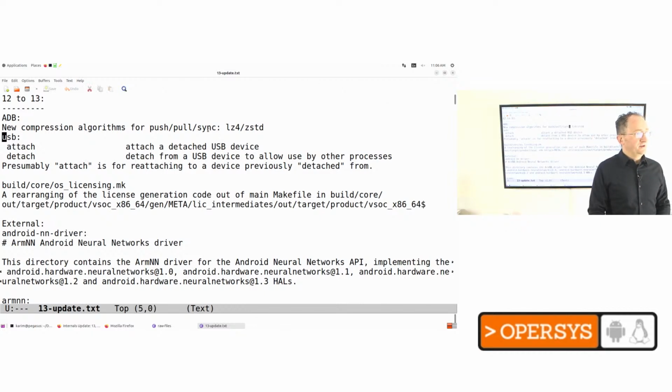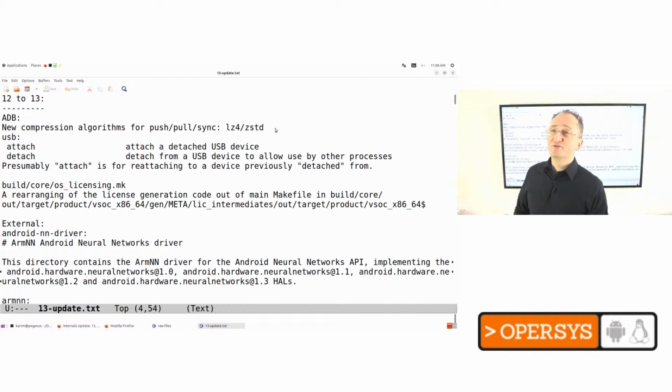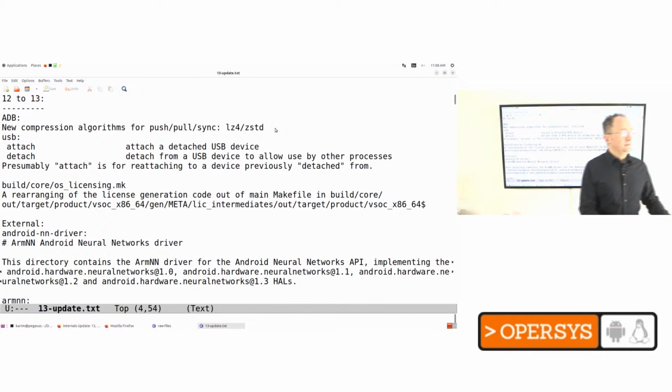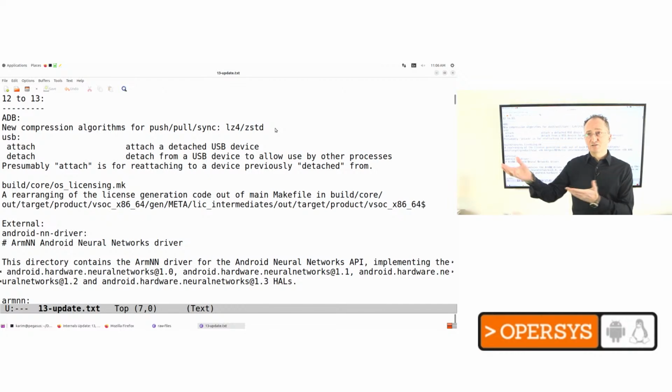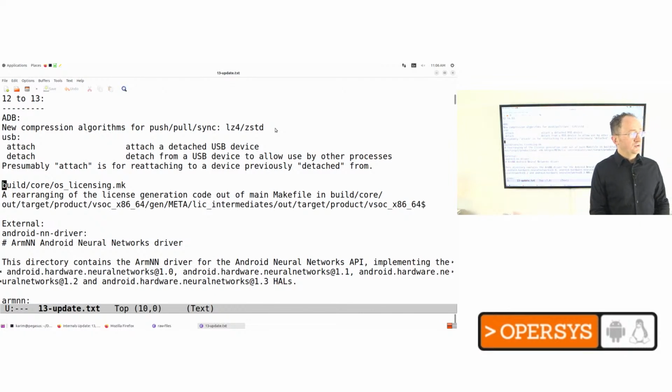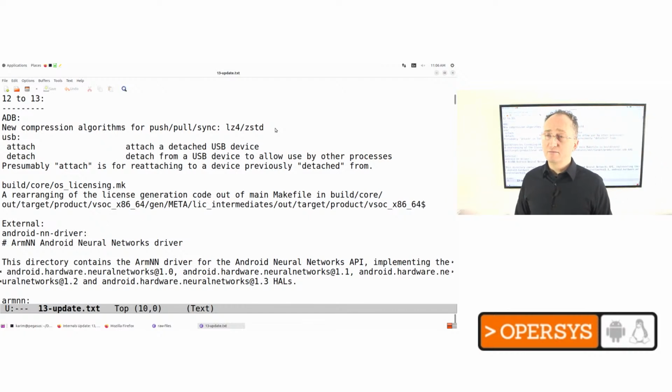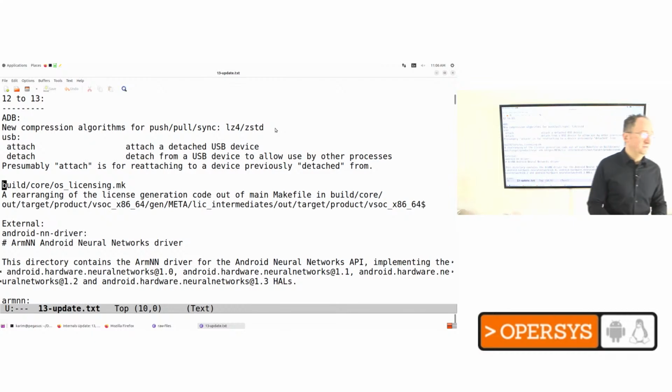So if you remember a few versions back, they added compression for push and pull. They added new algorithms for that, just a footnote. Interestingly, there's this new AOSP attach and detach, presumably so that if you've got a device listed in your ADB devices, you can disconnect from it so somebody else can use it, and then you can reattach to it. I've not tried this. Okay, new OS licensing MK, that intrigued me in the beginning, but it seems to be just a rearrangement of some stuff that was in the main make file that has now found its own